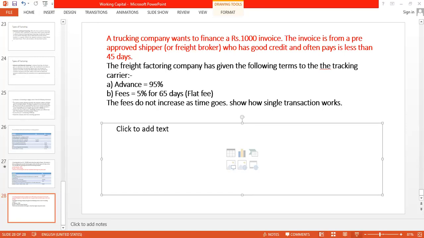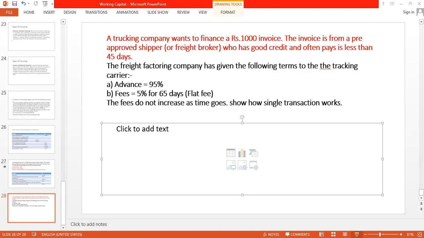Factoring, practical problems. Factoring means appointing an agent for collecting accounts receivable. Factoring means appointing a factor or agent for collecting money from the customers to whom we have given the credit